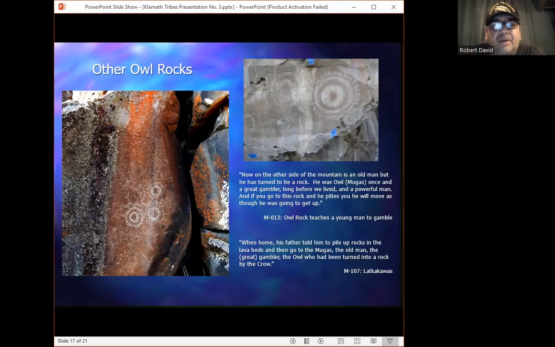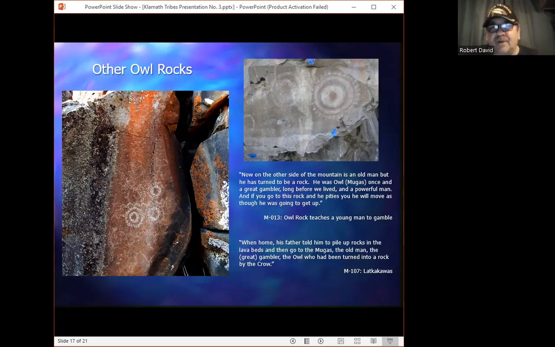And I'm going to break from my notes here for a second. I think that every village group had an Owl Rock that they visited for gambling and whatnot. But when people collecting the myths came around and asked them to tell their stories, and they had to refer to an Owl Rock, they talked about the one owl rock they knew about, and that's why in the myths it's referred to as a single owl rock. Well, that's the single one they knew about, but I've encountered a couple so far, and I'm sure there's others. So I think everybody had one. Every village group had one. It's just that the storytellers in the myths were referring to the one they knew about. Okay, in case you want to know.